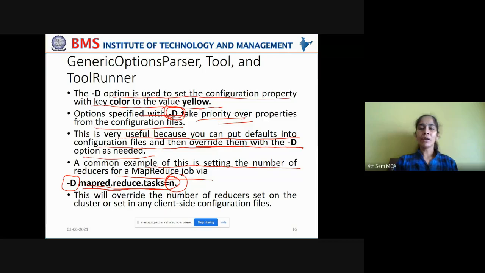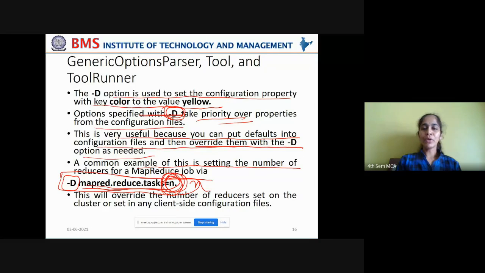Or say you are using a combiner function in the middle of the map and reduce tasks, which will reduce the load on the reduce tasks, so you can reduce the number of reduce tasks in your MapReduce job. In such cases, you may have to override the default reduce tasks. For that, you can use the command -D mapreduce.job.reduces set to the new number, either 1 or 2 or many.